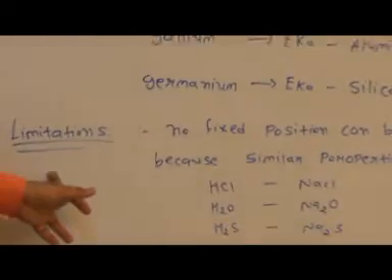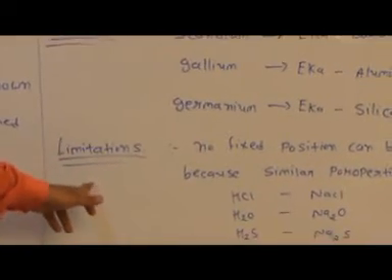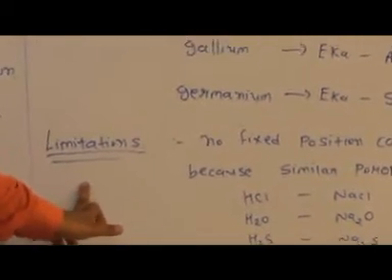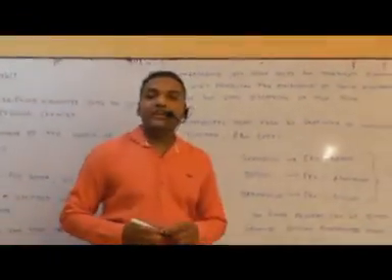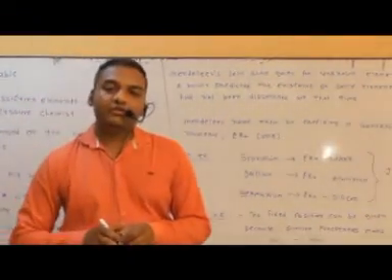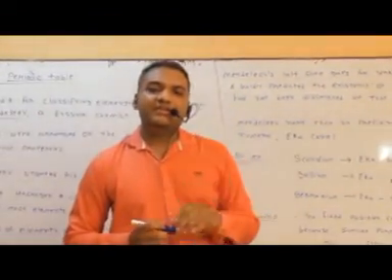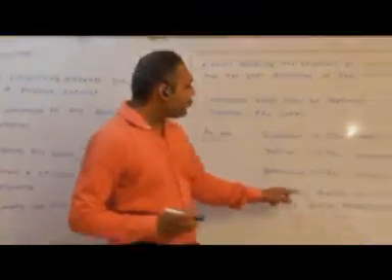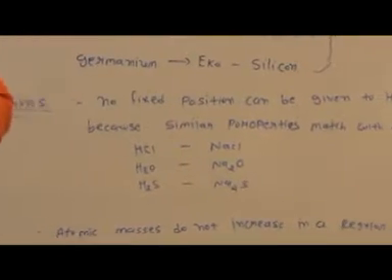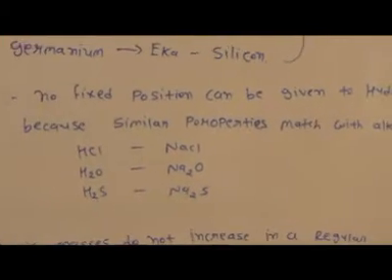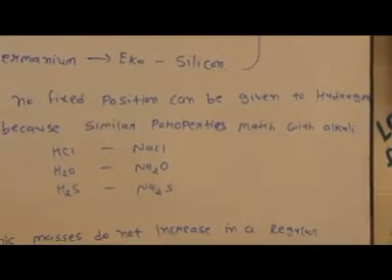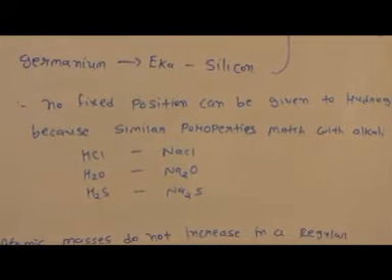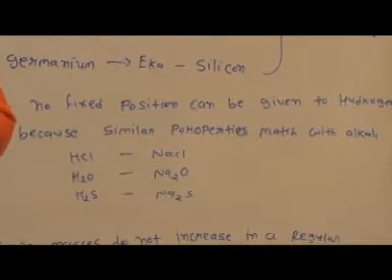Now some limitations, because when Mendeleev started this work, not all elements had been discovered. So there were some basic limitations. First, no fixed position can be given to hydrogen. Hydrogen had no fixed position at that time and has none now, because hydrogen has basic properties similar to